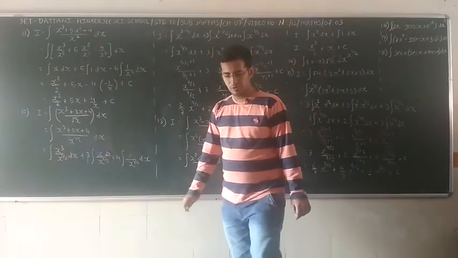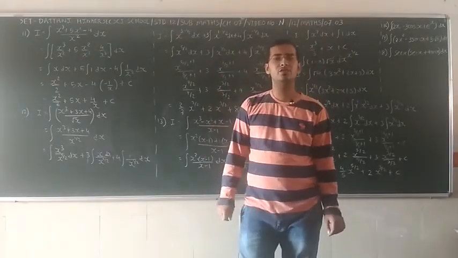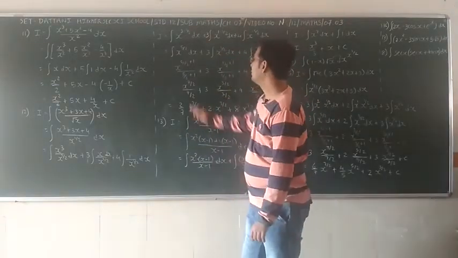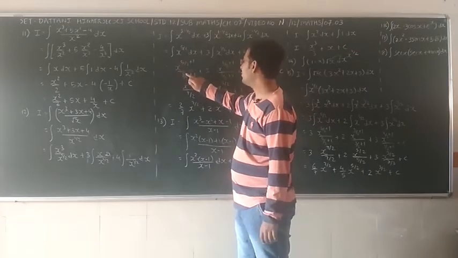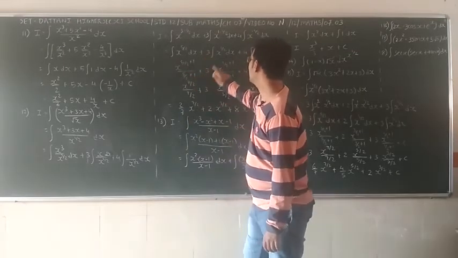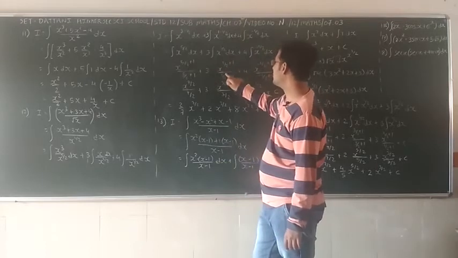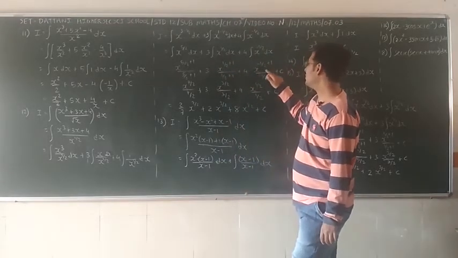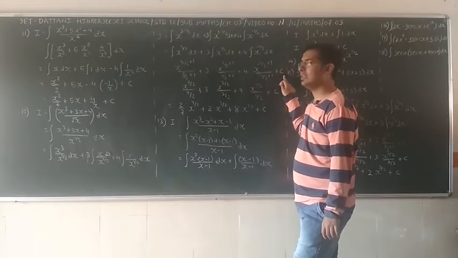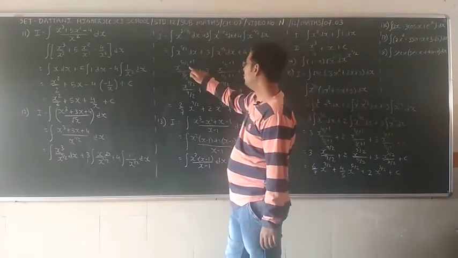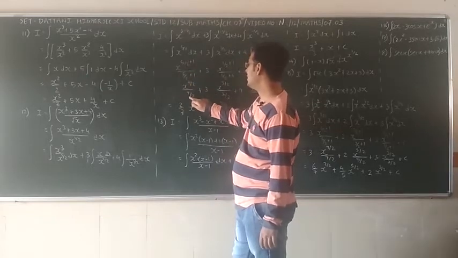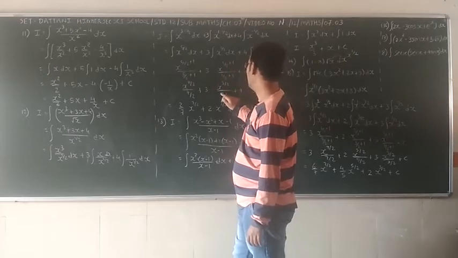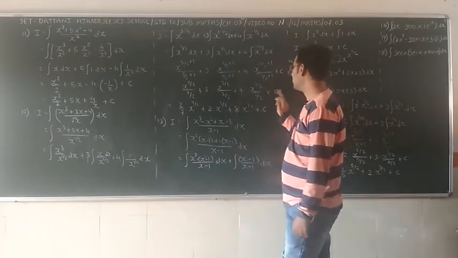Now using the formula, integration of x raised to n dx is equal to x raised to n plus 1 upon n plus 1. So n means 5 by 2: plus 1 upon 5 by 2 plus 1. 3 as it is, using the formula, 1 by 2 plus 1, 1 by 2 plus 1, 4. Same formula: minus 1 by 2 plus 1 upon minus 1 by 2 plus 1, plus c. 2 ones are 2 plus 5, 7 by 2, similarly 7 by 2 in the denominator, plus 3, 2 ones are 2, 3 by 2 upon 3 by 2, plus 4, 1 by 2 upon 1 by 2.